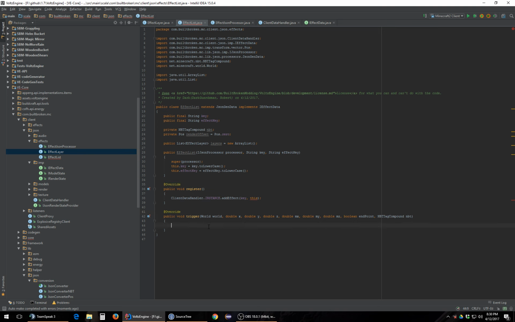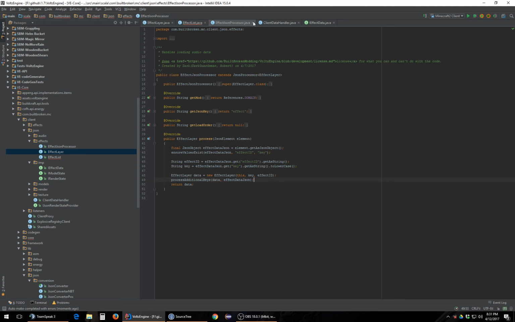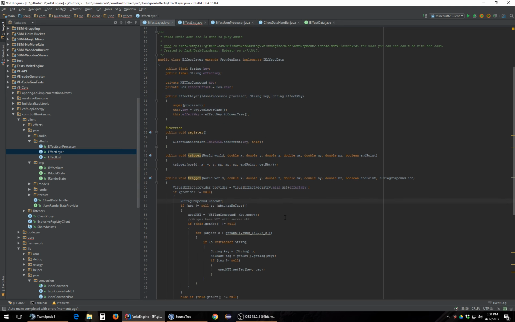So we want to go for effect layer, we'll go layer, layers, layer dot trigger world x y z mx my mz endpoint and NBT. And then we're going to of course put our system here, which I'm just going to come over to this,